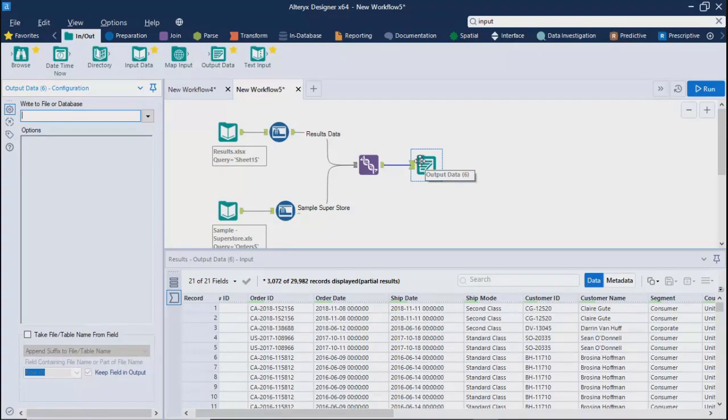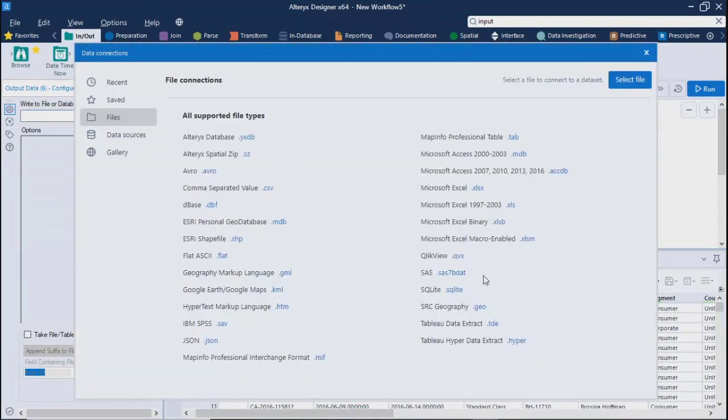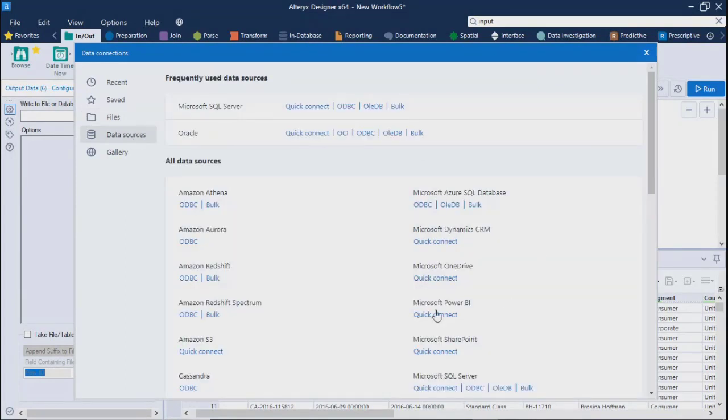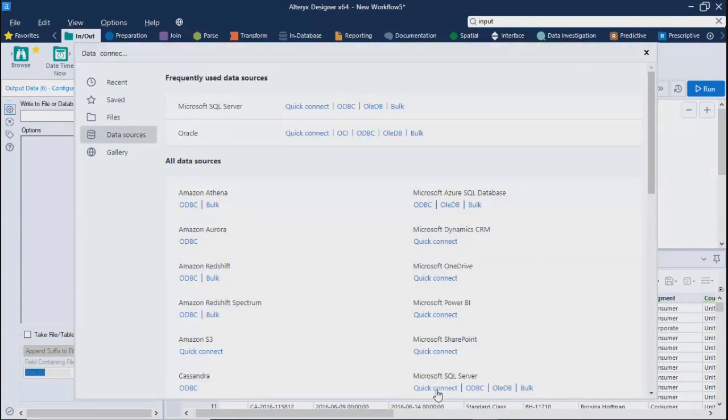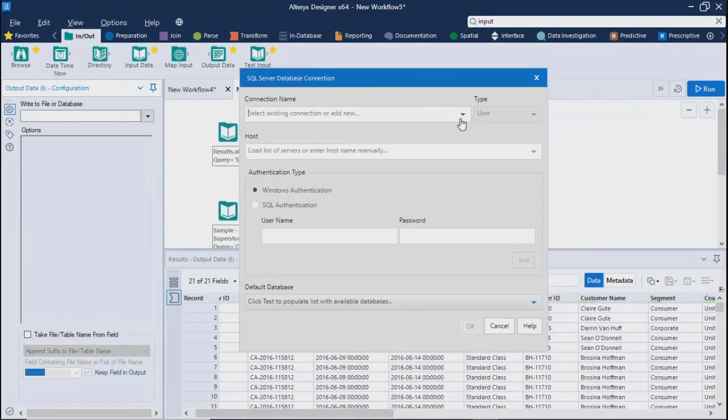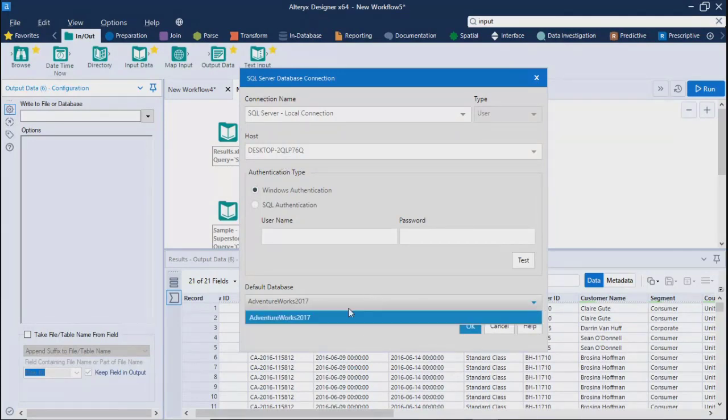Fine. So for that, I'll go ahead and select SQL Server. Okay, sorry. SQL Server, Quick connect. Let me see if I can get the old database name. Yes, I can get it. See, all the information is coming by default. I need not do anything. I don't want to go ahead and do this into this database.